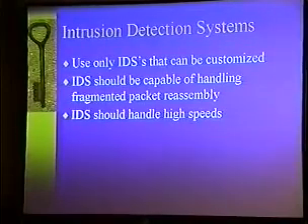Intrusion detection systems: several points on acquiring one. You need to only use an IDS that you can go in there and do custom stuff with, custom rules. That way when the zero-day stuff comes out, you can put something in there to try to handle it. And this is surprising, but the IDS should be capable of handling fragmented packets.